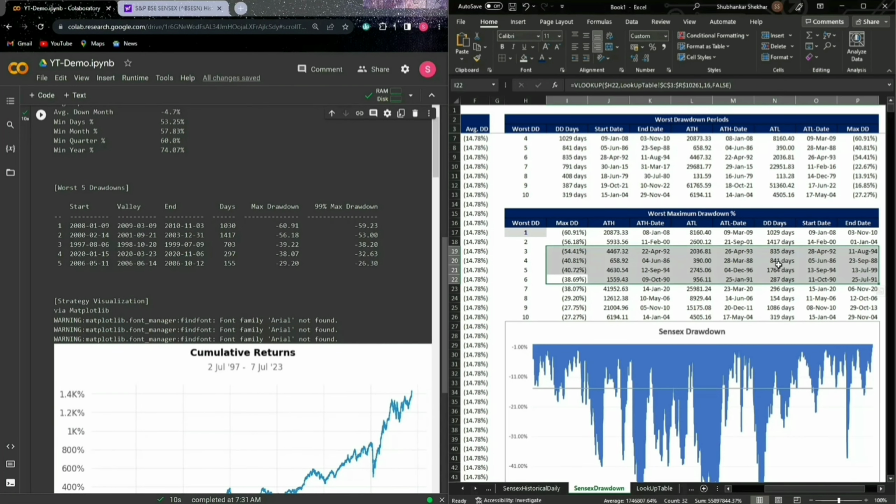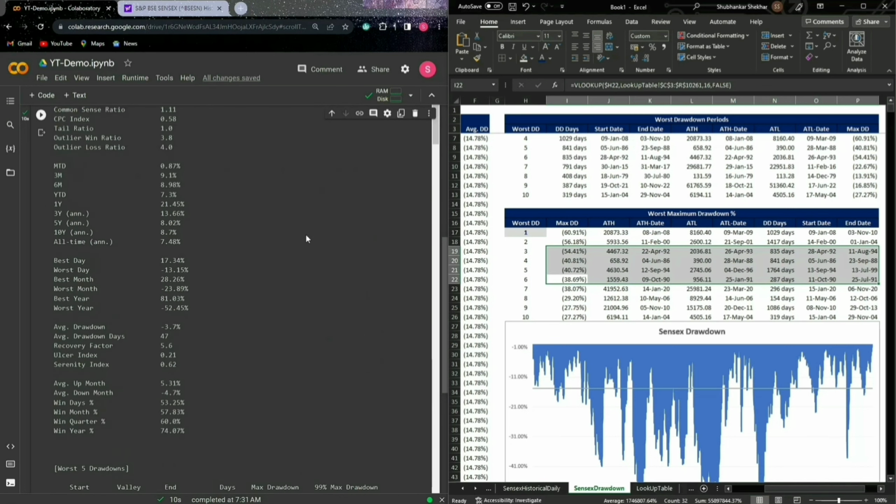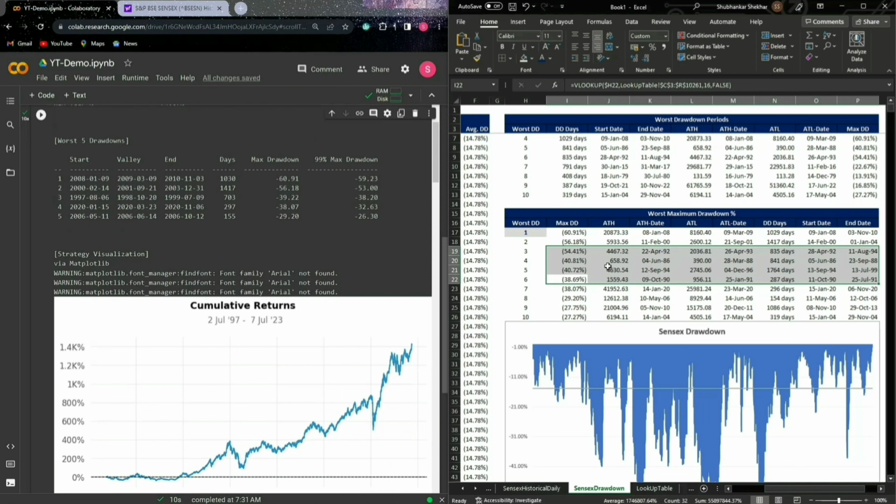Here you can see all the other periods start from 1992, 1986, 1994, 1990. This is the reason there is a difference between the maximum drawdowns calculated by us manually via Excel and here. Although I know there might be a way to do this in Python as well, I'm not very well versed in Python, so I prefer Excel in this case. And here we can see why this is not even being calculated in our Excel sheet, although it starts from 1997. So we are going to trace it back to its starting date, August 6, 1997.